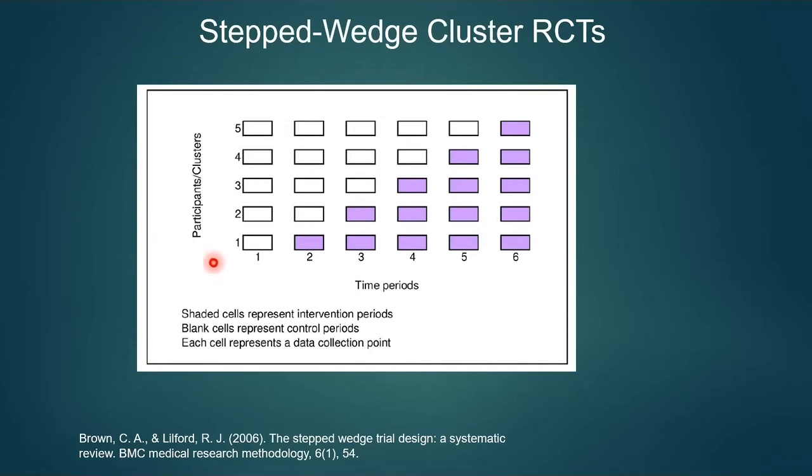We throw the dice. Facility 1, everybody at baseline is observed. So we have outcome measures of standard of care, let's say STD rates, under standard of care for all the studies for, say, the first 4 months. Then we throw the dice, and it turns out facility 1 starts the intervention. And now we see that facilities 2, 3, 4, 5 are still in standard of care. So we have a randomized comparison at time 2 at the group level of, say, sexually transmitted disease rates in facility 1 compared to the others, that's controlling completely for time and fully randomized.